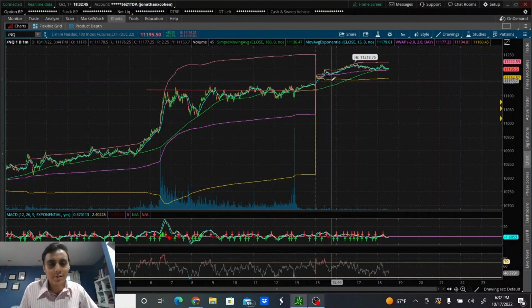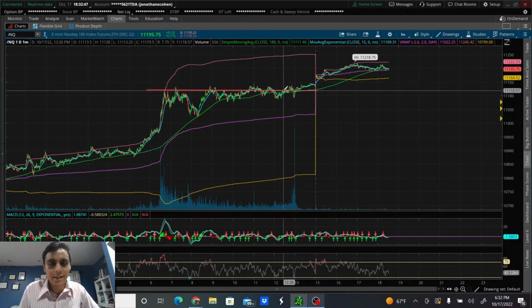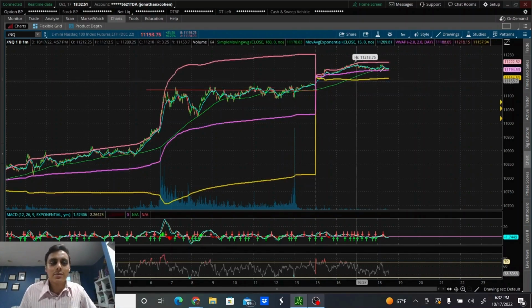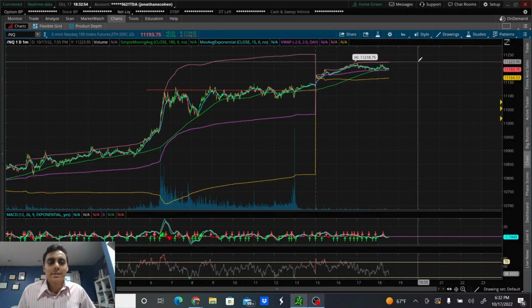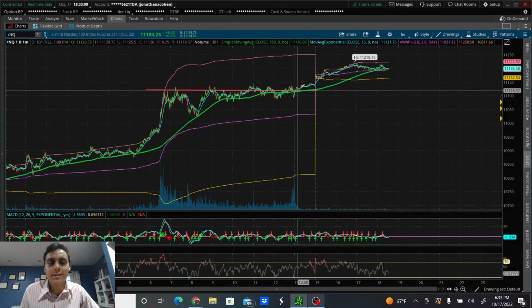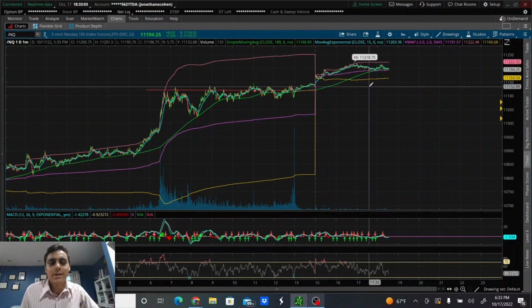Direction was not in my favor. I took a risk just by getting into the inverse ETF, and it ultimately didn't end up playing out, right, according to how I thought it would. But that's not to say that it was a bad trade, right? As I mentioned, there was a reason behind why I wanted to switch direction on the day, and it just didn't play out. But I just have to